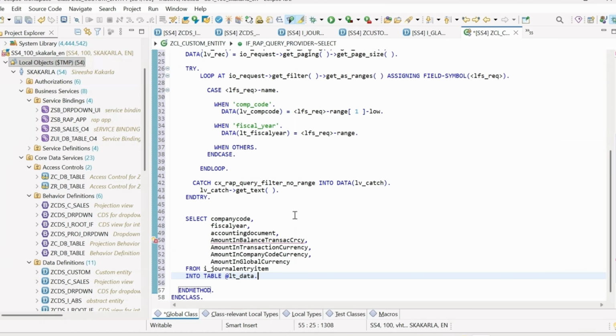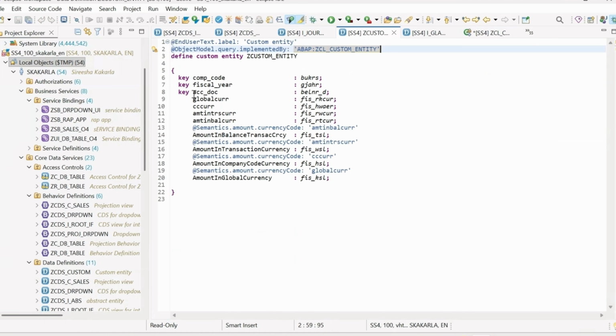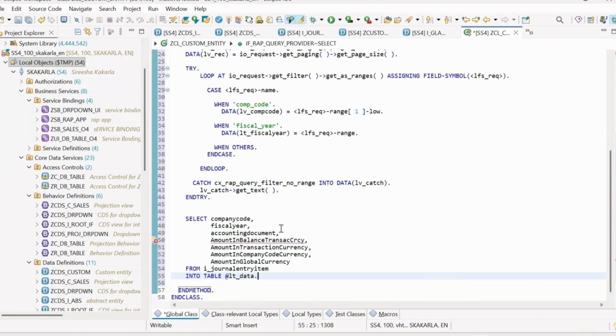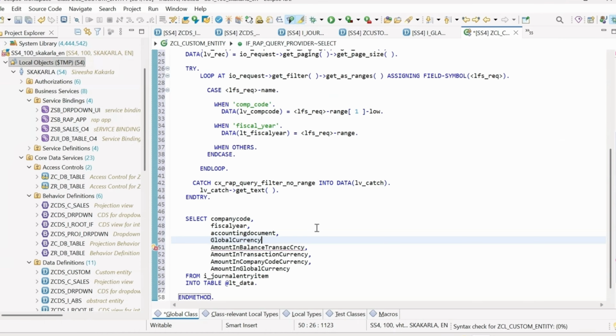So let us add those fields as well. So after accounting document, we have global currency. Let me go to this and copy this, and after global currency